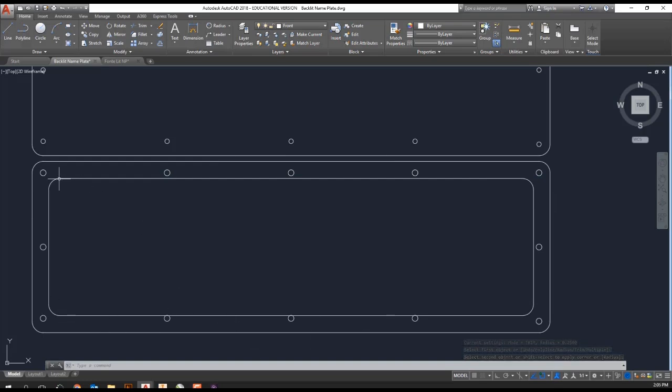So now what I want to do is I do want to add a little cutout right here for the wires to come in. All right, so what I'm going to do for the cutout is I'm going to use the line tool. Okay, I'm going to bring that up 0.25, over a half an inch, 0.5, and down